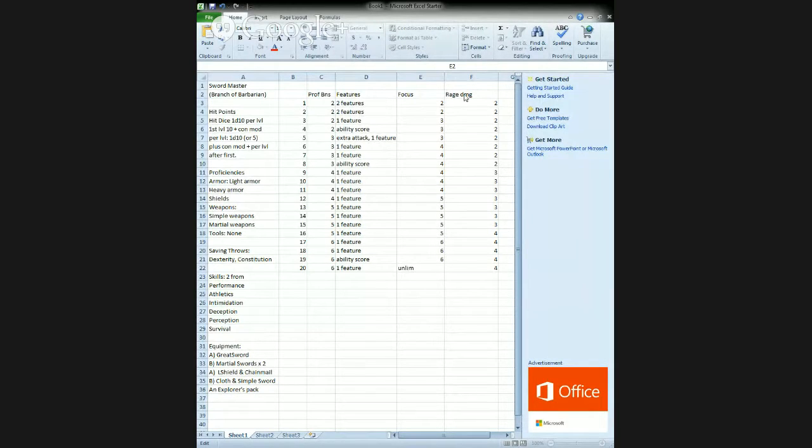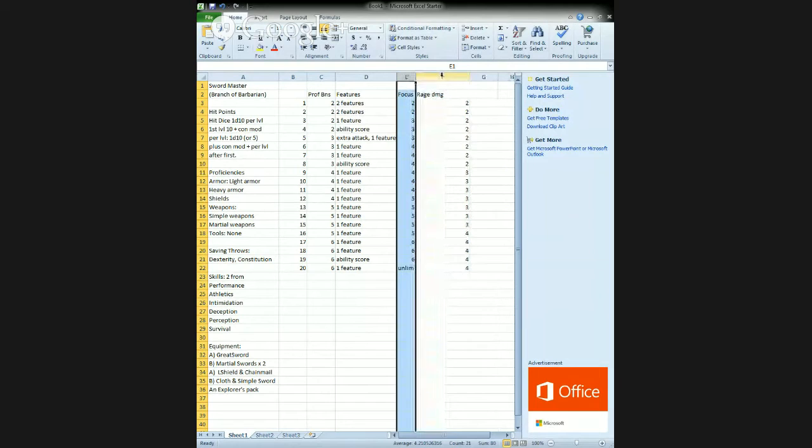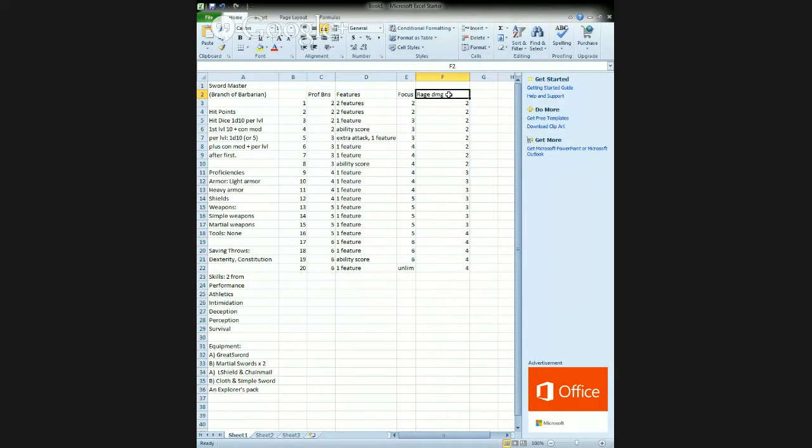So we're going to do focus. And focus will function similar to rage, but we'll figure out what we want it to do in a minute. Now the last chart is where I think I misspelled focus. Hold on, did I misspell focus? I'm getting an autocorrect here. Focus. No, I didn't. Okay. So now,